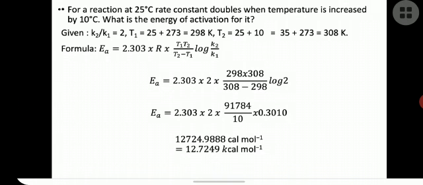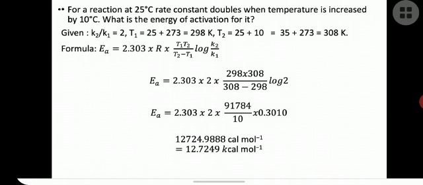T1 is equal to 25 plus 273, which is equal to 298 Kelvin. T2 is equal to 25 plus 10, which is 35 plus 273, equal to 308. Now,